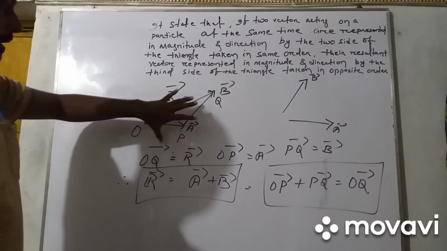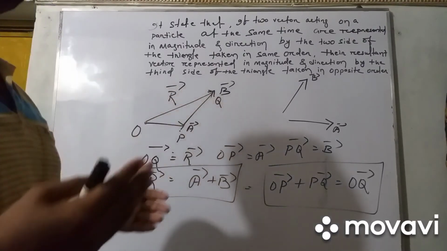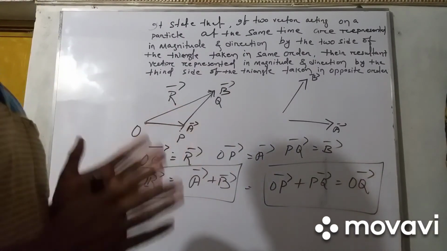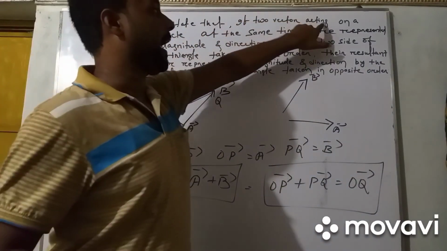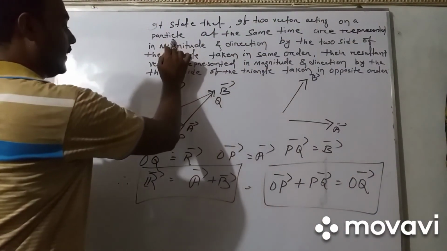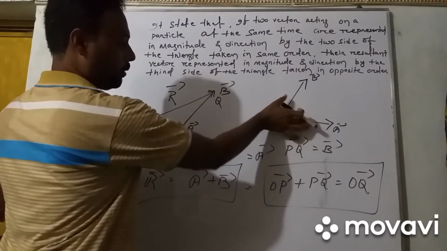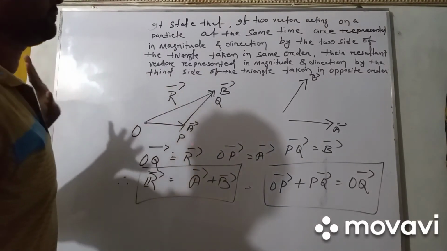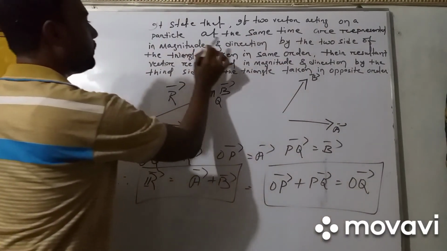Clear? So from the above diagram we concluded another law, that is known as the triangle law of vector addition. So what do we mean by the triangle law of vector addition? It states that if two vectors acting on a particle at the same time are represented in magnitude and direction